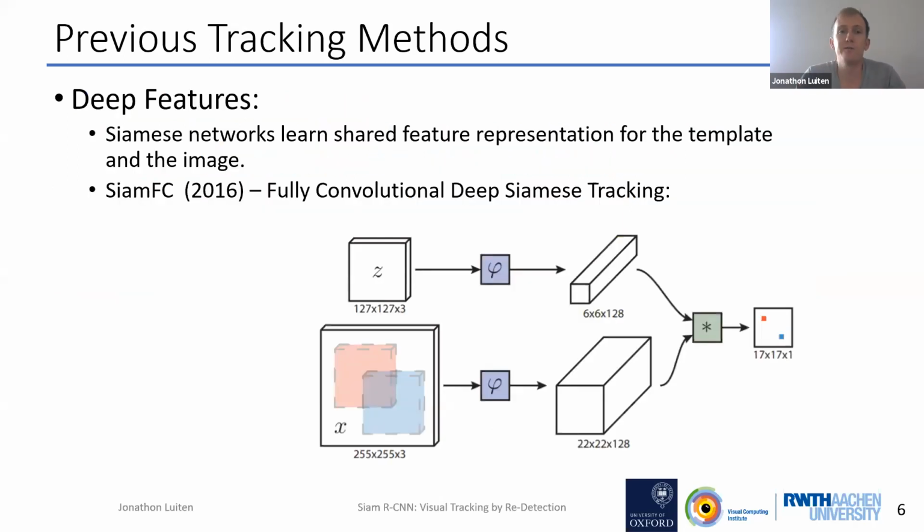So when deep learning came about, it makes sense to use deep features for this task. One of the first methods that did this was Siam FC. When we look back at it now, it seems very simple. Basically you just extract deep features. You can see in this diagram that they have a feature extractor, and this feature extractor is what we